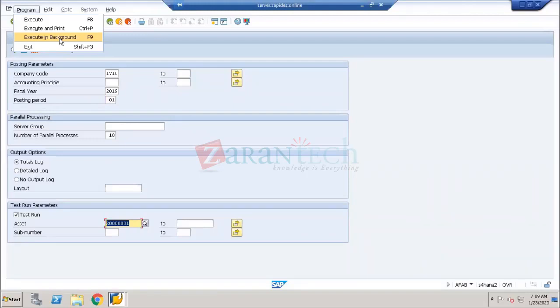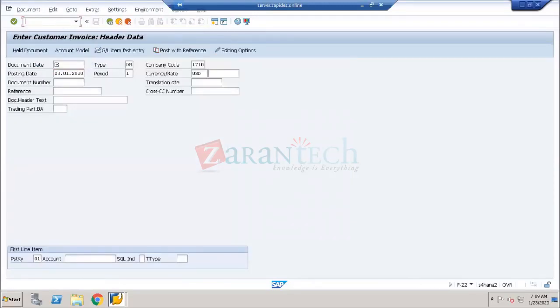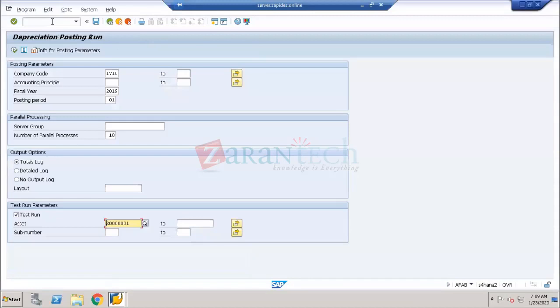In the foreground, you will never post any depreciation. The transactions I use in the foreground are like F-22 and F-43; these are all called foreground. But there are some transactions which you have to run in the background, and SAP will allow you to run them in the background. That is what we are going to execute in the background. Once you schedule the job, I'll tell you what the job is and everything in the coming classes. Once you run the background,